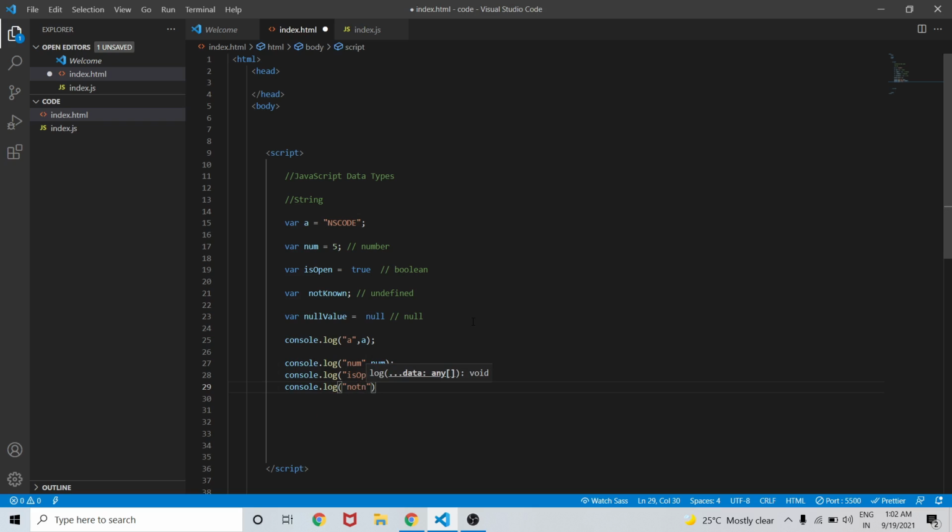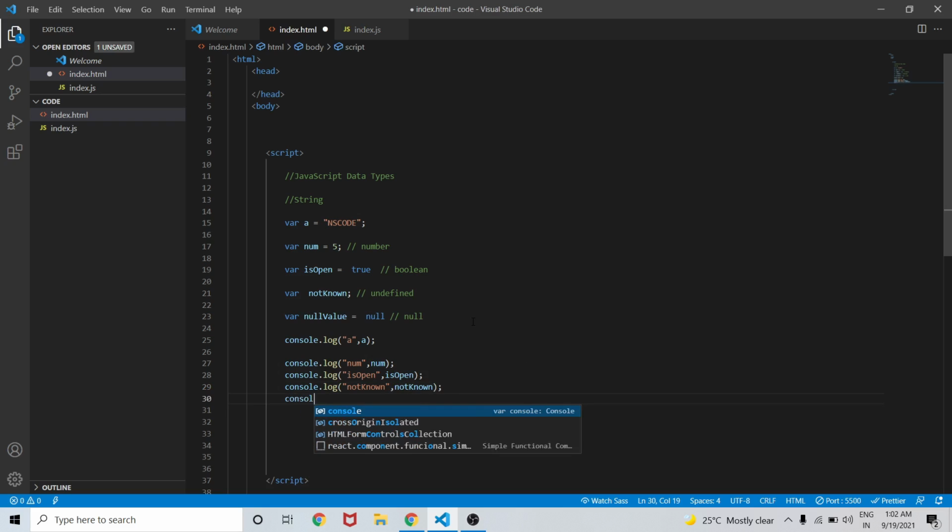In string means inside double quotes. Inside double quotes or single quotes, we can define a string. And console.log nullValue comma nullValue.